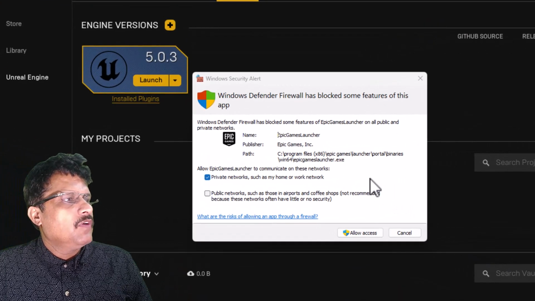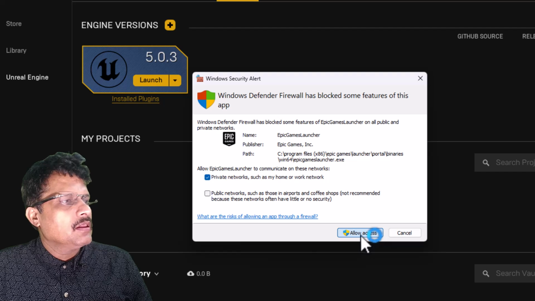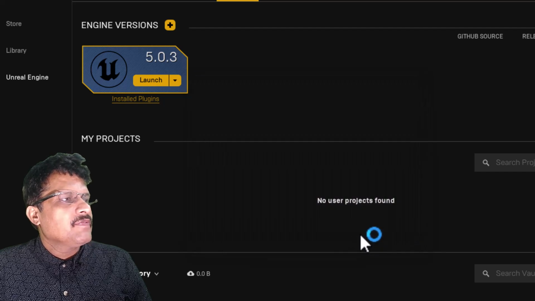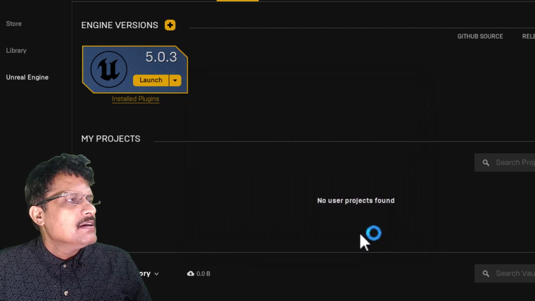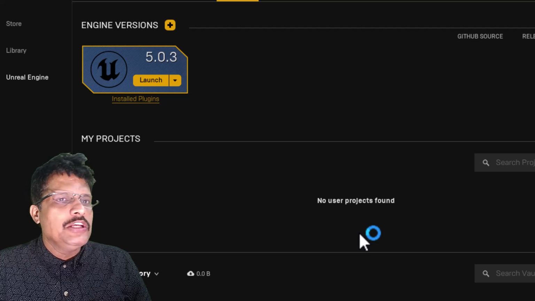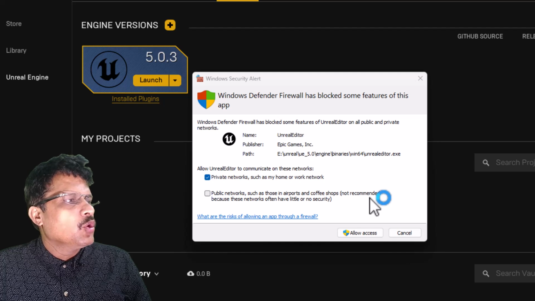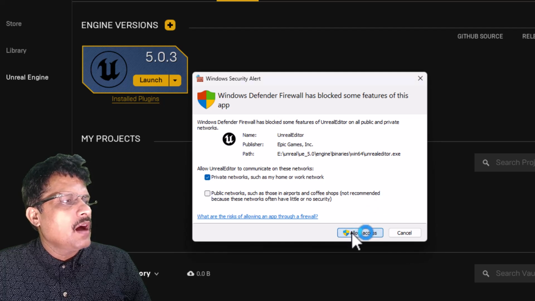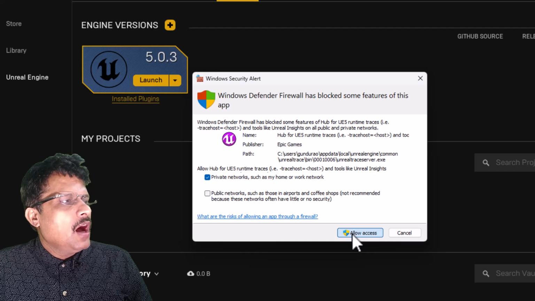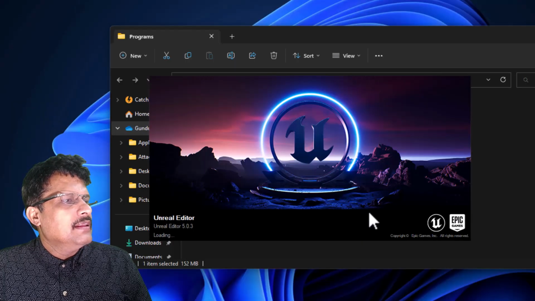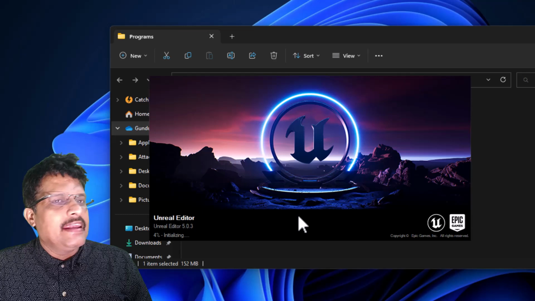If it asks for any firewall permission, click on allow access. The first launch will take some time. It has to install some prerequisites and tune your machine, and again you click on allow access here. Now you can see the Unreal editor is getting opened.